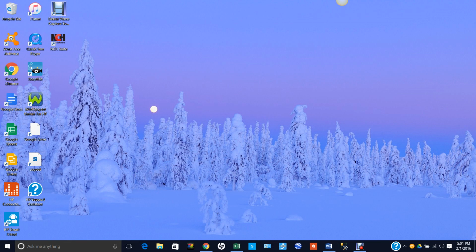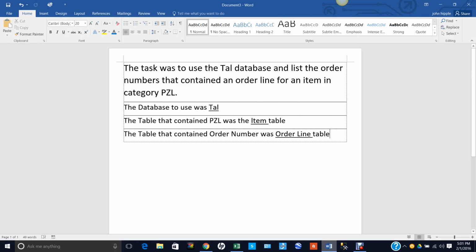This last week I learned how to use subqueries. I found this to be a great way to obtain data from one table to be used in a second script using a different table. The task was to use the TAL database and list the order numbers that contained an order line for an item in category PLZ. Let's go ahead and open up